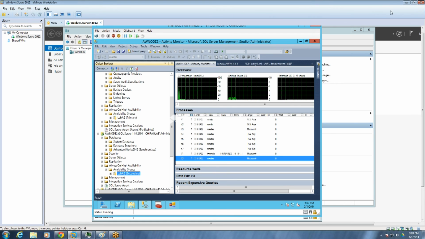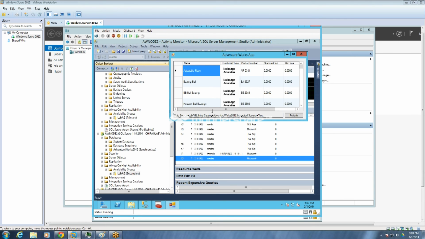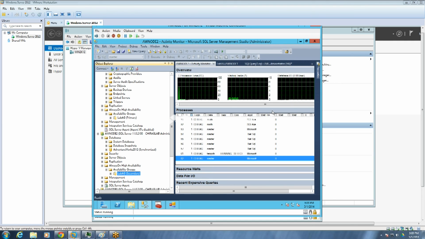So today we discussed what's always on, what type of benefit we get, and how we set up the always on. We have to set up the Windows Server failover cluster first of all to set up the always on, and we can have 1 primary and up to 4 secondary replicas. We covered how we do the management of the always on, and if something fails out, how we see the application usage, how our application is just working even if one of the servers is down. It doesn't have any impact on this one. So that's how we covered each bit and piece of the always on.